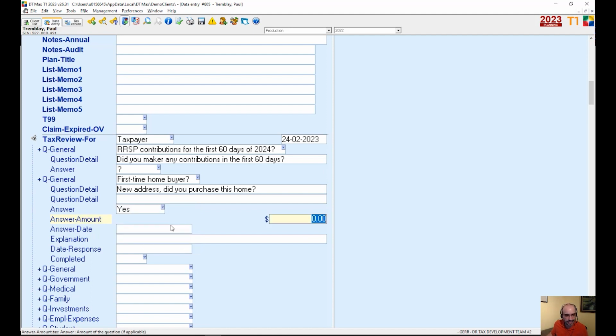I will say yes. Now, answer amount for this question is not relevant in our example for the simple reason that the only reason we're asking for first-time home buyer is to claim the non-refundable tax credit. So in this case, we can simply leave it blank. The answer date, we provide the date they provided the answer to the question, and then the explanation, we will say, purchase of a first home